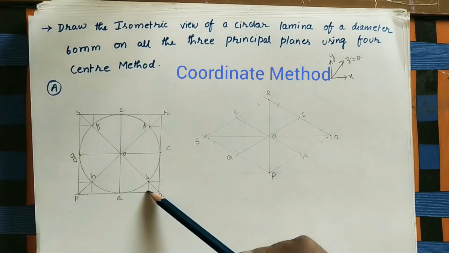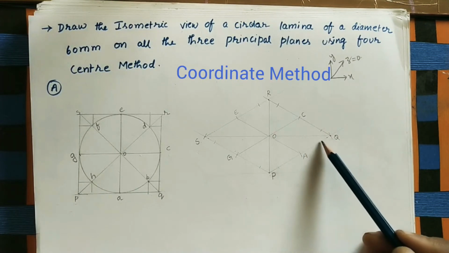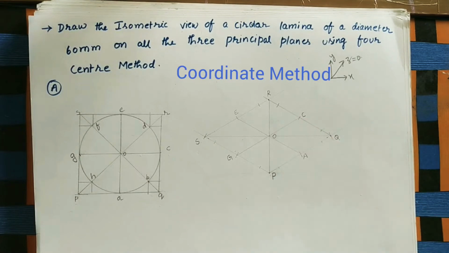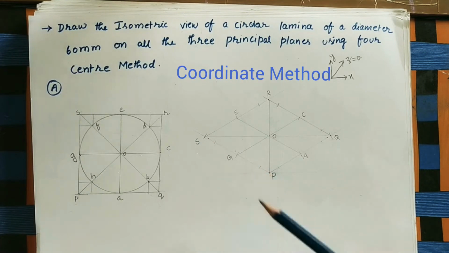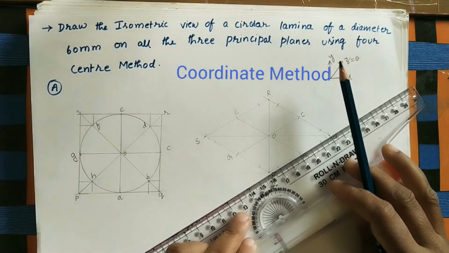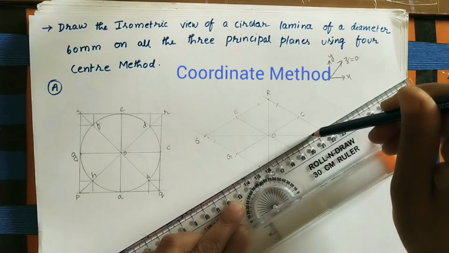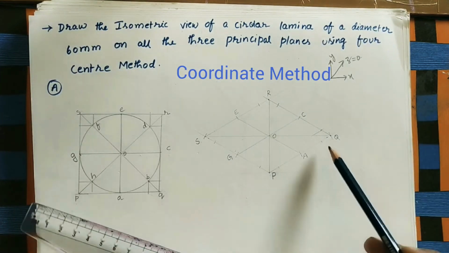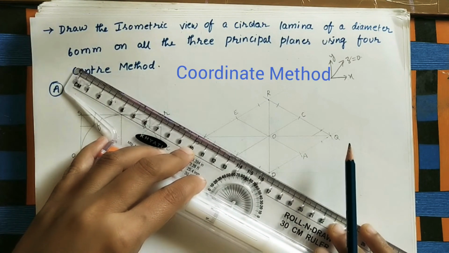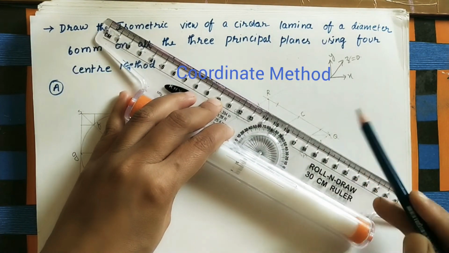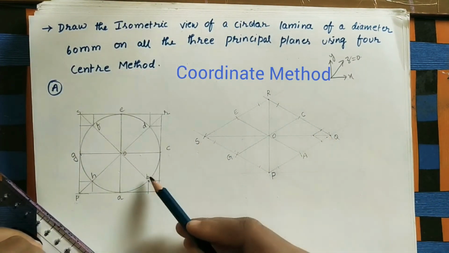Okay. Now after that, instead of a square, at this point we have to do the line parallel to this. At this point we have to do the line parallel to this line. As we know, in isometric view all lines are either inclined 30 degrees this side or 30 degrees this side. Okay. Now take this as the reference line. At this point do the line. Okay. Similarly at this point do the line parallel to this. So here, instead of a square, we are getting the rhombus. This is B point.